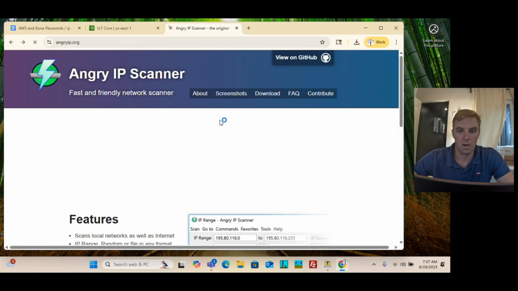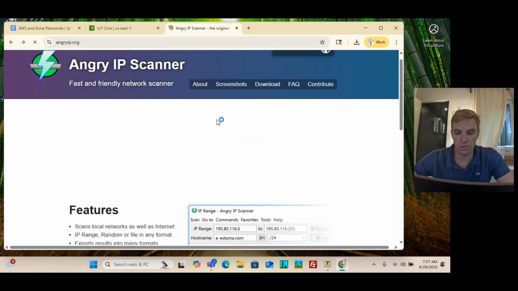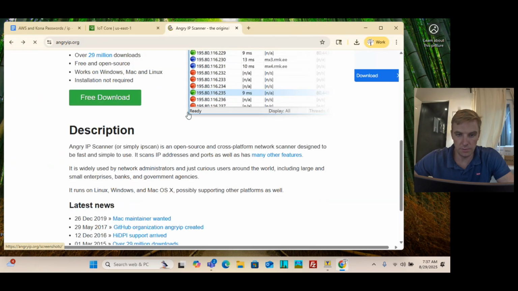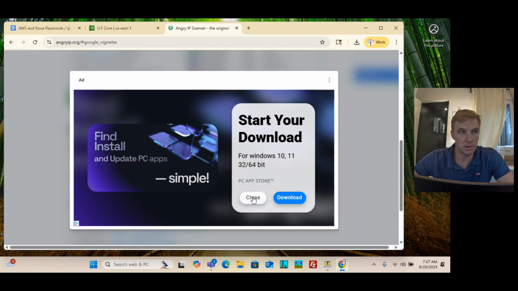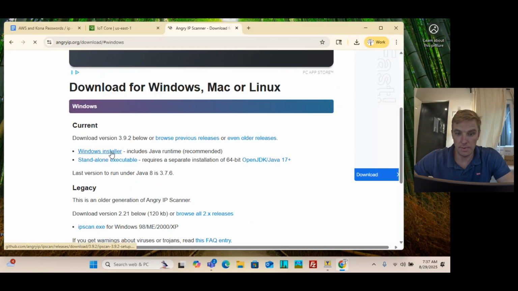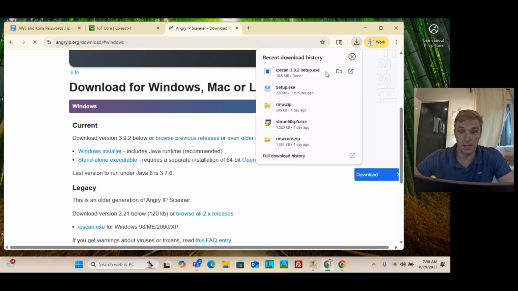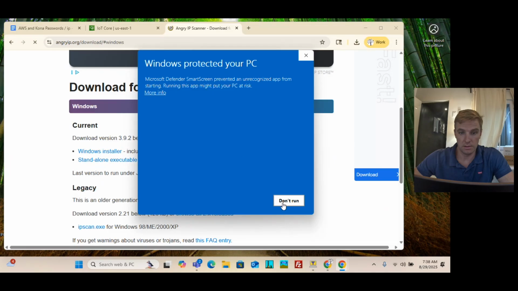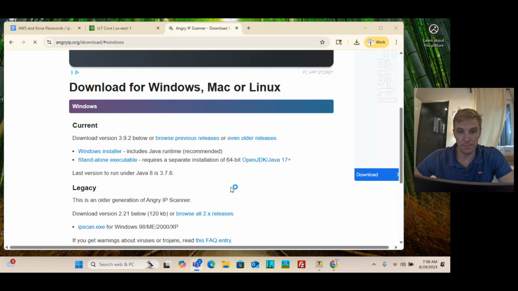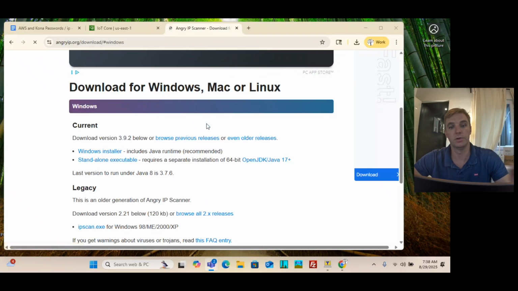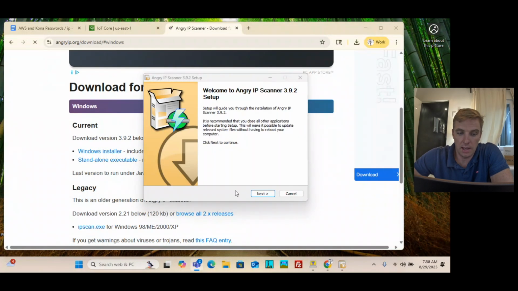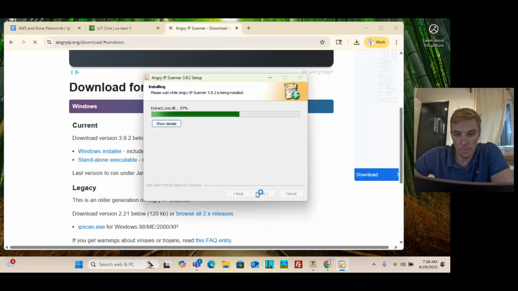Let's get stuck in. We're going to need to get the IP address of the Kona Enterprise Gateway. Now there's a few ways to do that. You can either go into the back end of the router and see what IP addresses are feeding off the network, and there'll be telltale signs saying what they are, or you could use something like what we're doing right now, which is Angry IP Scanner. You'll just download this, type it into Google, and go through the procedures like I am right now, where we are busy